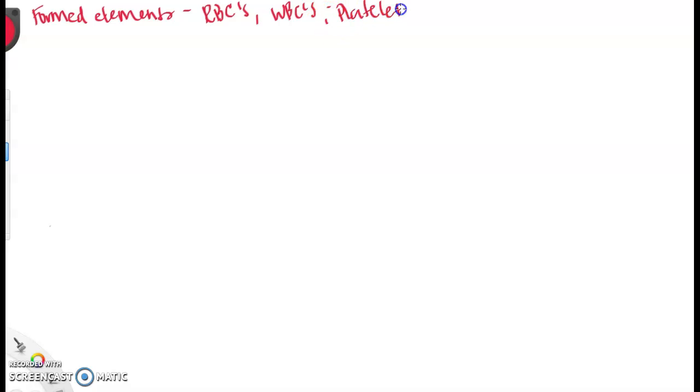So let's start our conversation about the formed elements of the blood. We just went through functions of the blood, we went through what was in plasma, and then what the formed elements were. And we know that the formed elements were erythrocytes or red blood cells, leukocytes or white blood cells, and platelets or thrombocytes. So if we look at erythrocytes